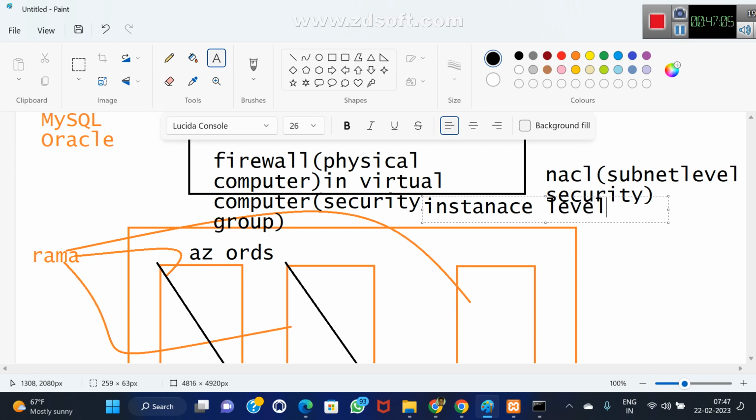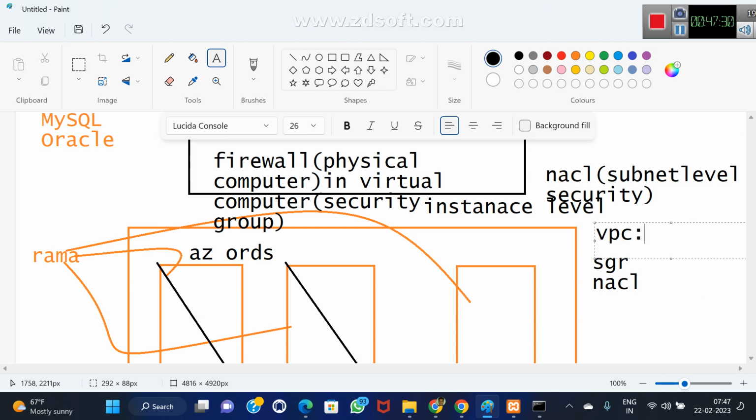This is the entire question. When do you use security group? When do you use NACL? I hope you got it. This belongs to instance level. This belongs to subnet level, where we can discuss all these things at the time of working with